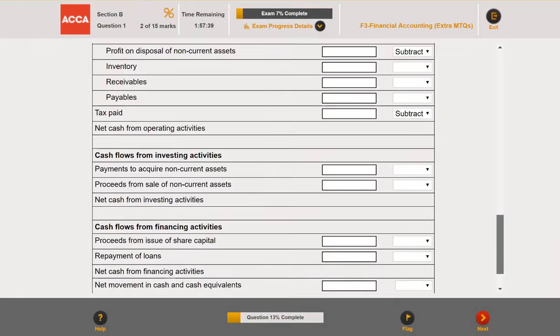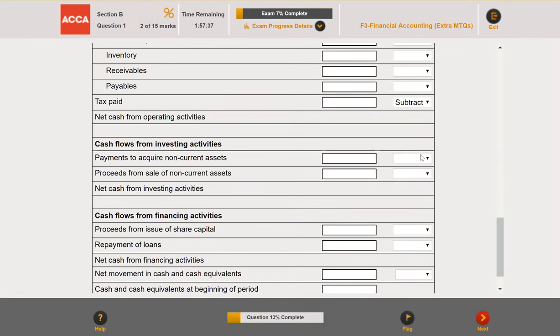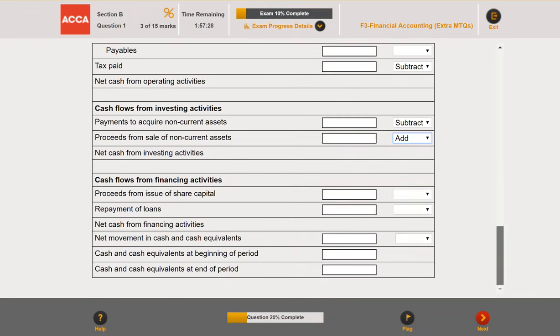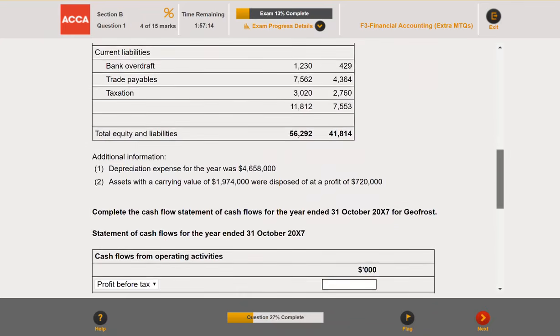And then payments to acquire non-current assets, payment should be subtracted. Proceeds from sale of non-current assets, proceeds is an inflow, so it should be added. Proceeds from issue of share capital, proceeds added. Repayment of loan is a payment, so subtracted. And then cash inflow and outflow, we have to calculate that. So the figures that are given, we should